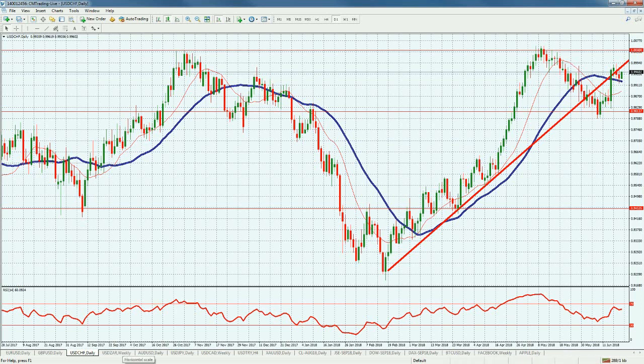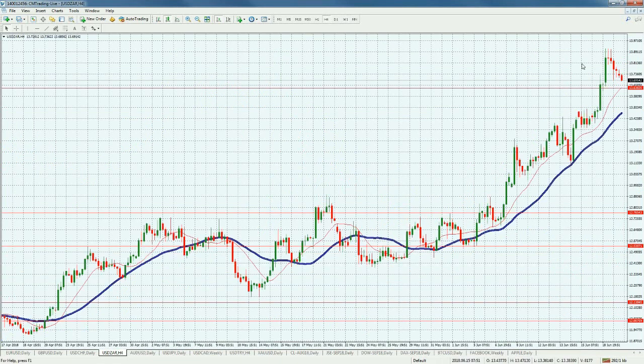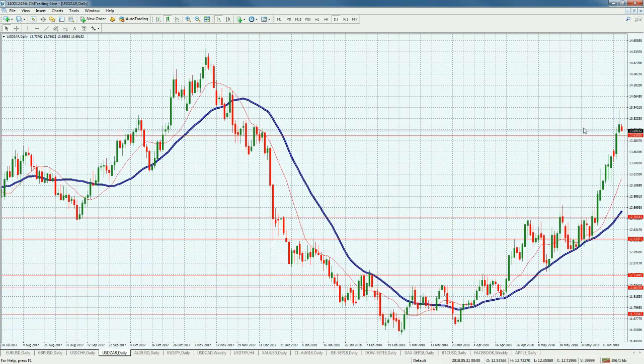You're looking at the USD ZAR. Yesterday the dollar got a little bit weaker versus the ZAR. If we look at a 4-hour chart, it just sold off a little bit from 1389. But as you can see, we're on a tear here. The dollar is getting much stronger versus the rand. And we mentioned this yesterday, that there was a little bit of a capitulation right here at 1382. Now the real resistance level on the upper limit is 1442-ish. But just be aware that we may find ourselves like the rest of the currency pairs versus the dollar, just trading within a range. So let's keep that in mind.